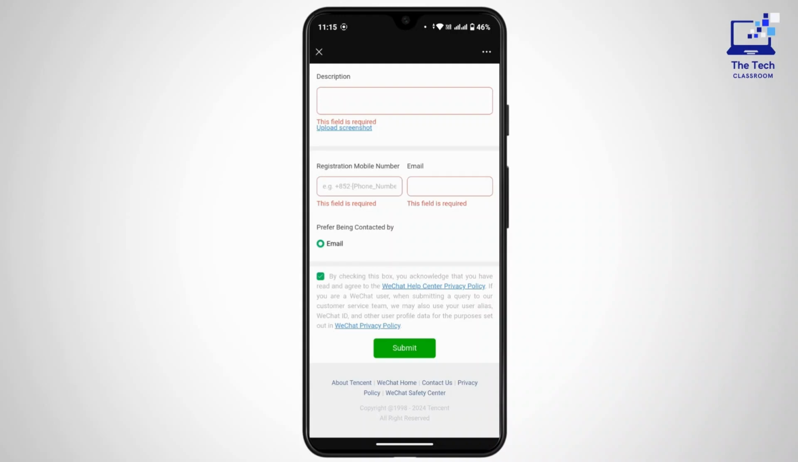Once you submit, now this request has been submitted to WeChat Help Center. WeChat Help Center will go through your request and will get back to you to help you open WeChat account without scanning QR code. But for that, you have to wait 2 to 3 business days to get a reply from WeChat. So this is the way to open WeChat account without scanning QR code, and that's all